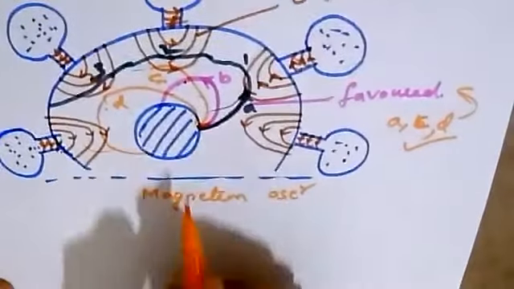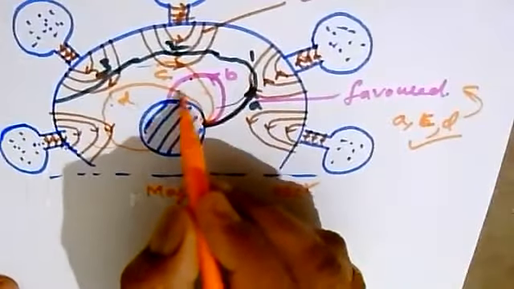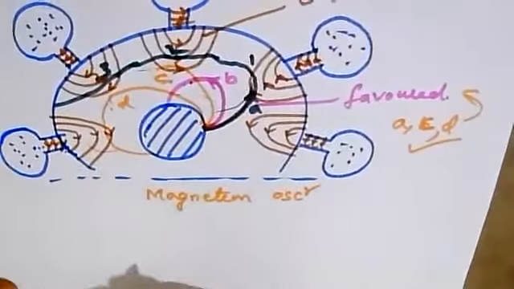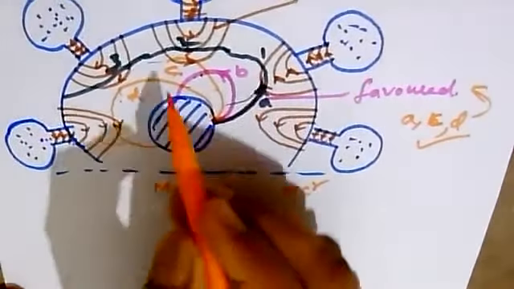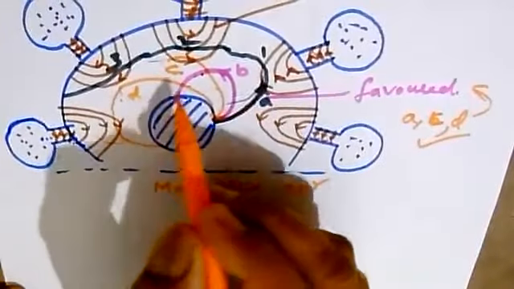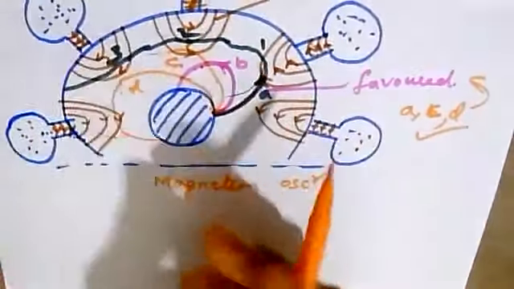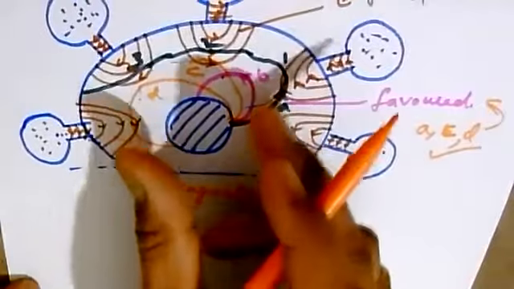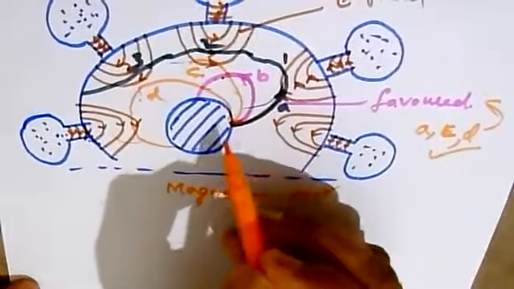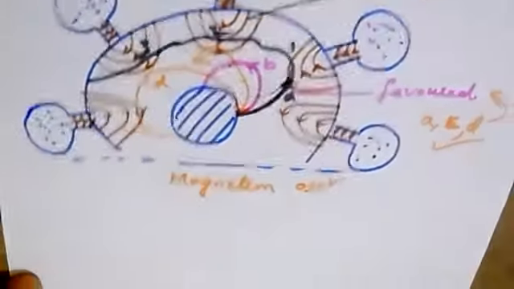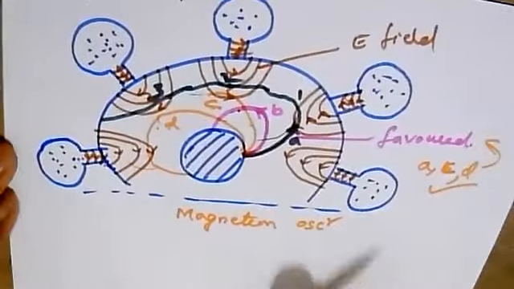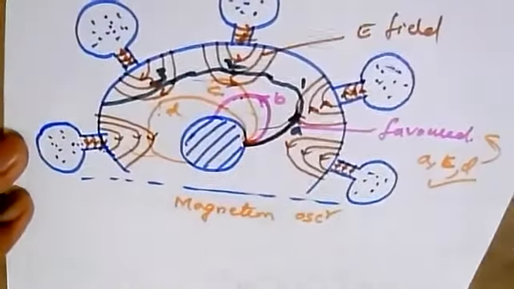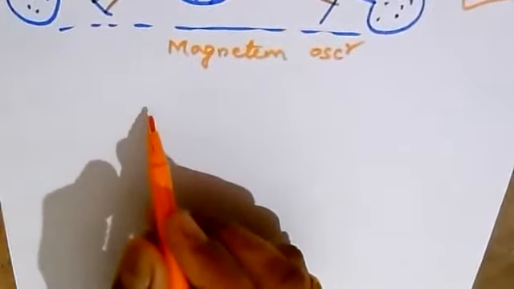And for that, how the representation of the B category electrons takes place, I'm going to draw with one more diagram. Because of A, C, D electrons, a group of electrons will be formed over here. I'm going to draw the clouds of electrons, how they are formed due to the favored electrons and unfavored electrons. So as not to confuse, it's very easy. The trajectory paths we need to draw over that. Now coming to the cloud